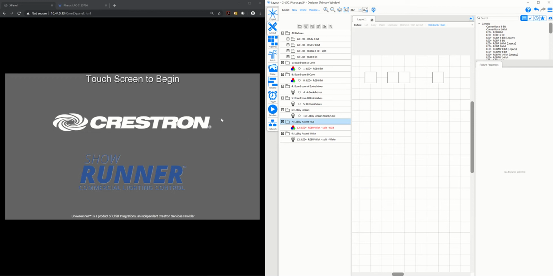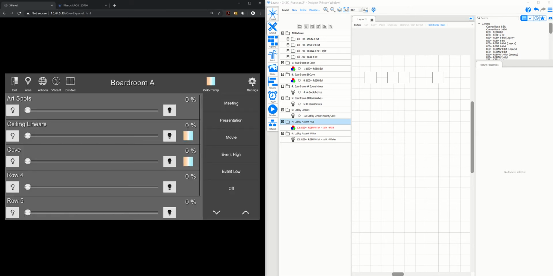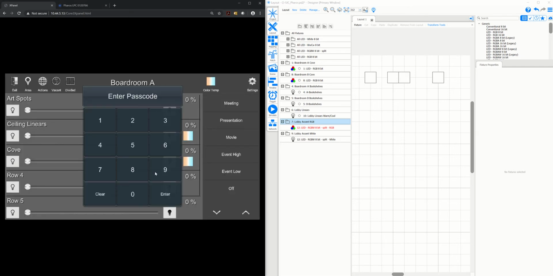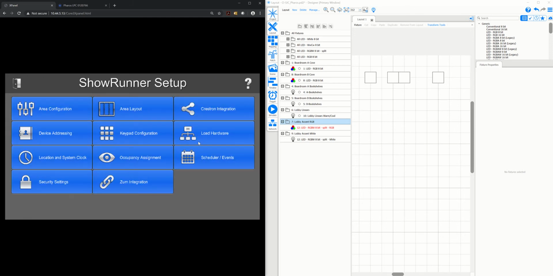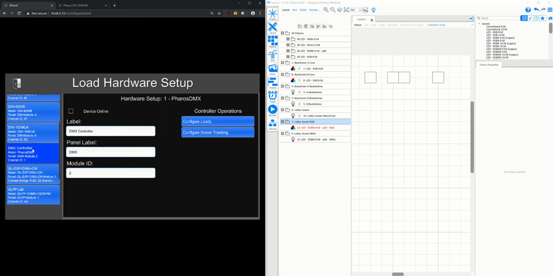Today we're going to show you how to integrate Pharos with Chief Integration ShowRunner lighting control software. We're going to go ahead and go into Load Hardware Setup, and we're going to find the Pharos DMX controller, which would have been created for you when we ship the